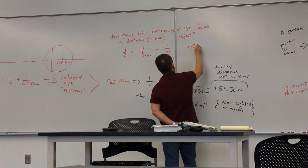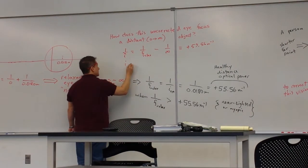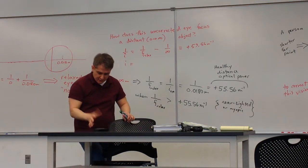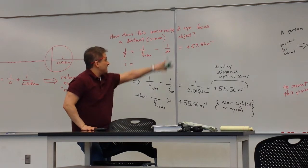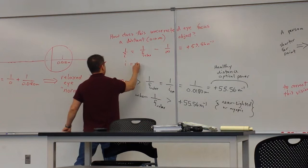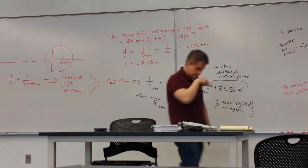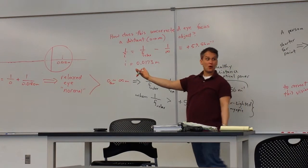It's plus 57.56, or the image location for this particular image object, excuse me. The one about 55.56, the healthy one? No, this is not the healthy one, I'm continuing that. Okay. I'll explain why in a moment. So we take the 57.56 and take the inverse of that, and we get about 0.0173 meters. So the other perspective of this is when people are nearsighted, when they look at far, far objects,